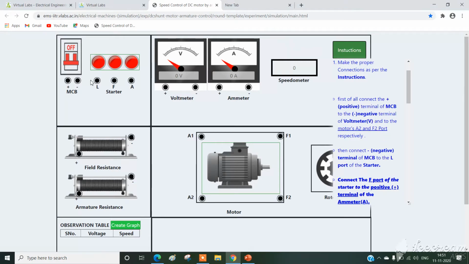So we need to connect the negative terminal to